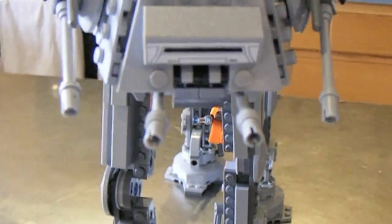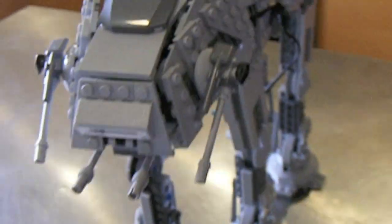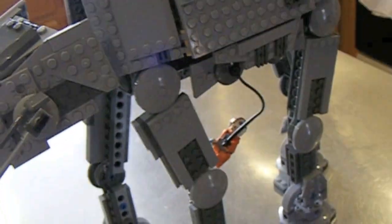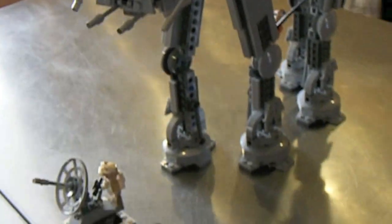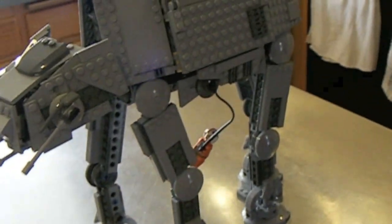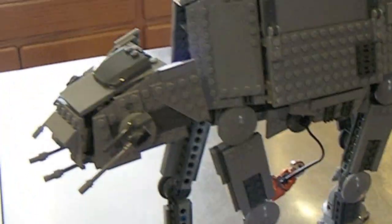Got it at Toys R Us yesterday, Black Friday. So, very cool. Pretty interesting as far as the design and the level of detail. And you also get 7 minifigures with this one. Or excuse me, 8 minifigures. And I'll go over those in a little bit. But first,